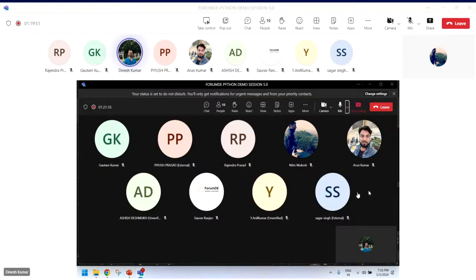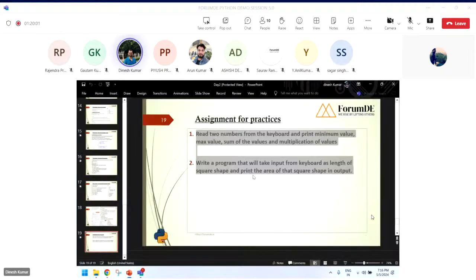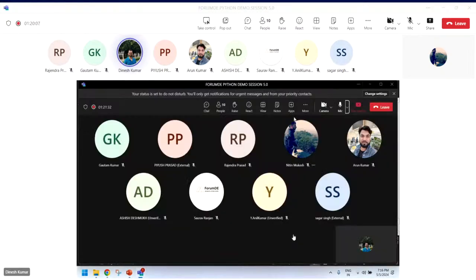I will share the content after this class, as well as the recording and the assignment also. Yeah, assignment part, just wait. Okay, so we have an assignment for today. This one I'm sharing in the chat box. Along with that, I will